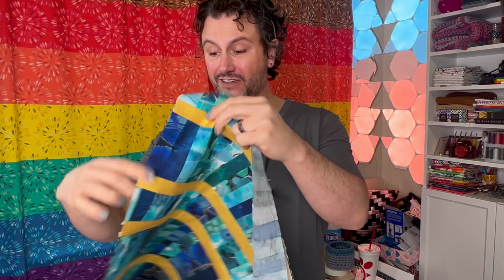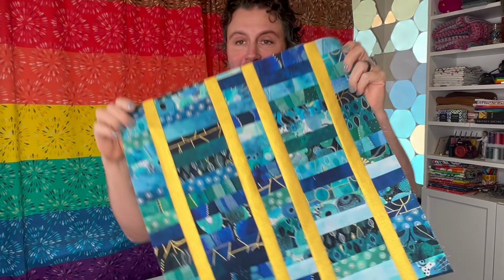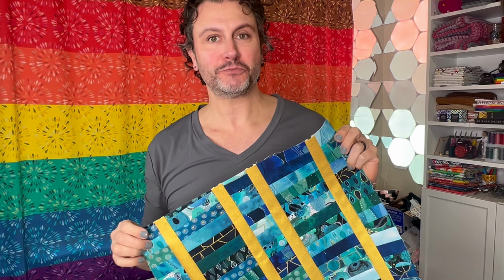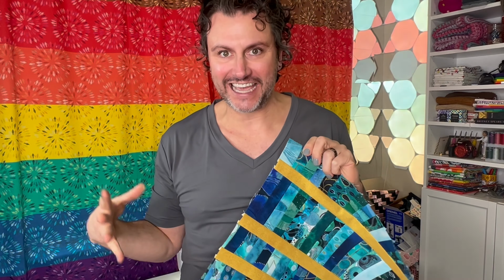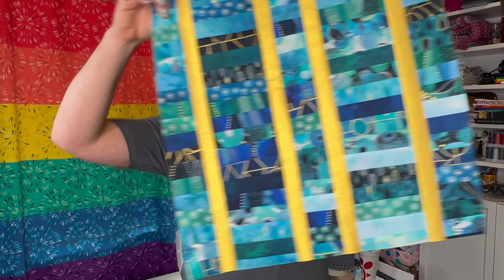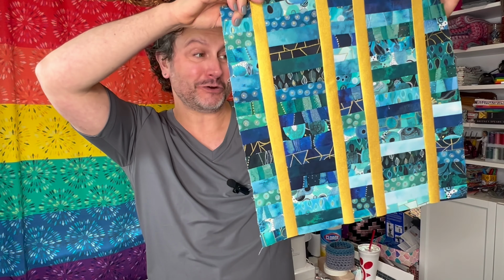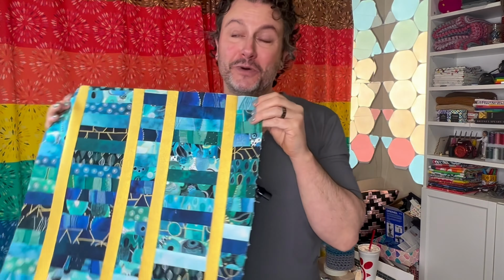Super dynamic, super gorgeous. Things don't need to be complicated. And sometimes it's just really fun to sit down with a project that's doable in a day, 2 days. You could make the strips different sizes. You could turn this into a quilt size if you wanted to with this size strips or whatever you're choosing. But this is just a go-to if you have excess strips, if you have a jelly roll sitting around